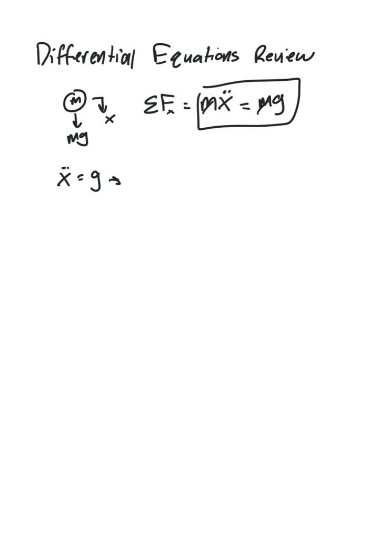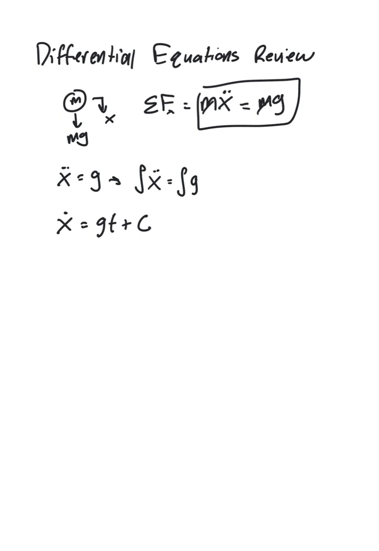So doing our one integration, the integration is going to look like this. We'll have the integral of x double dot is equal to the integral of g. And the integral of our acceleration is going to be velocity. So we're going to have now x dot is equal to gt plus our constant of integration. And I'll give it capital C for that. Great. We now know something about how the velocity of this ball is going to behave over time,